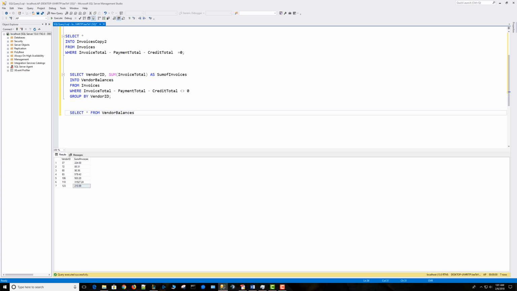So quite a few things you can do here with temp tables, and it's very dynamic, and you can accomplish a lot of things using them. Now, one more thing we're going to look at is how to delete our temp tables after we don't want them anymore. What if we're done with invoices copy to and vendor balances, and we want to drop them out of the session? Well, we could say drop table